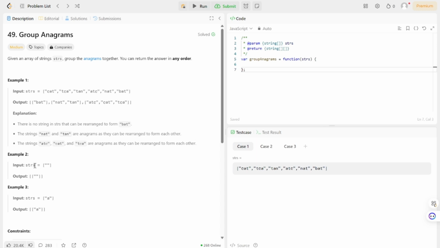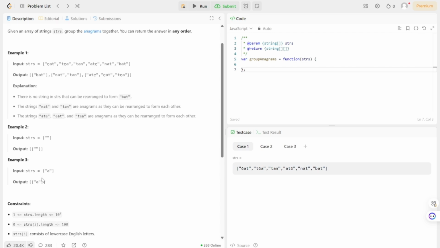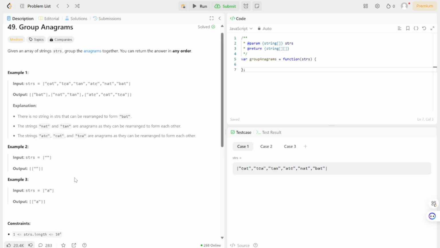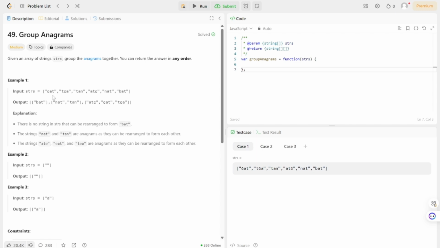Okay, example 2. Strs is an empty string, so you output an array of an empty string. Example 3, strs is an array of A. Output is an array within an array of A. Okay, so pretty much we have to get each anagram and separate it from the rest and return them together